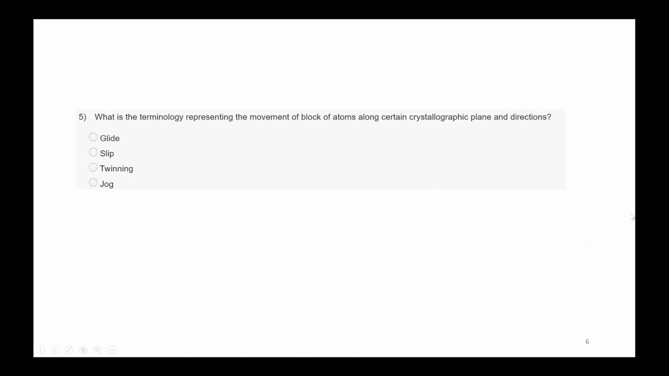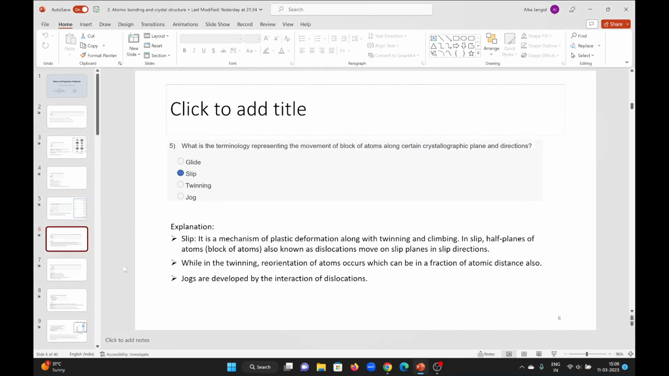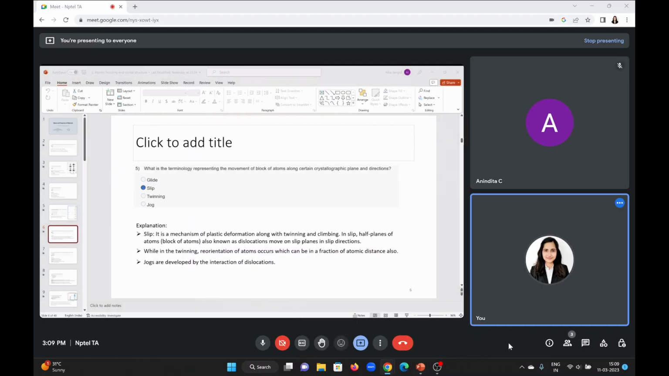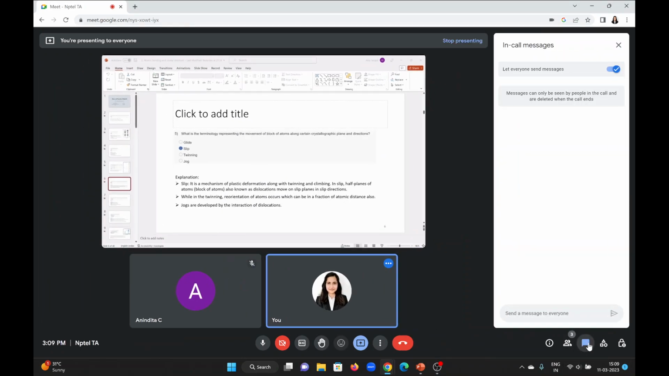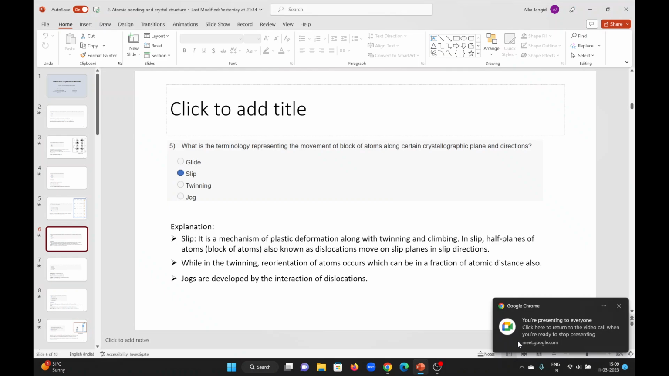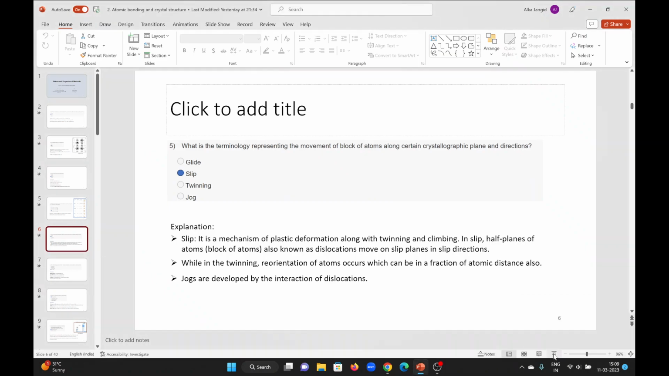So fifth question is, what is the terminology representing the movement of a block of atoms along certain crystallographic planes and directions? So options are glide, slip, twinning and jog. So what will be the answer? Answer will be slip. And okay, so answer will be slip, and it can be defined as